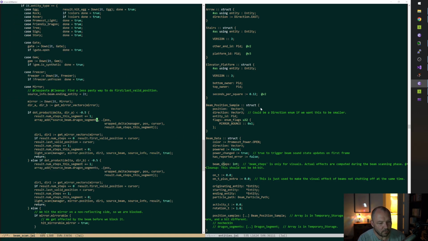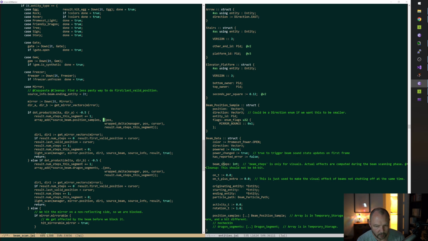Okay, so instead of putting this in Dragon segments, we're going to put the source beam dot position samples, all right?